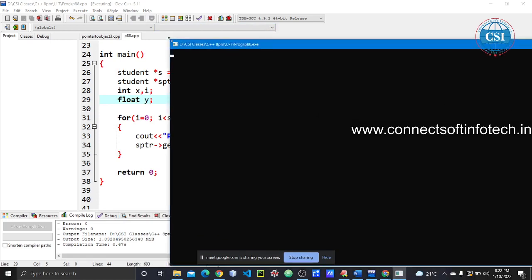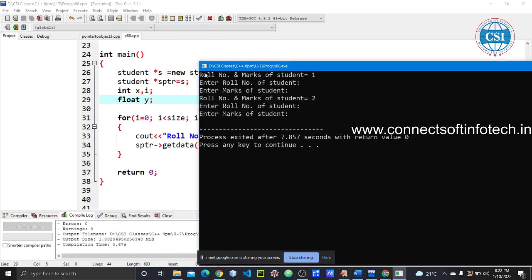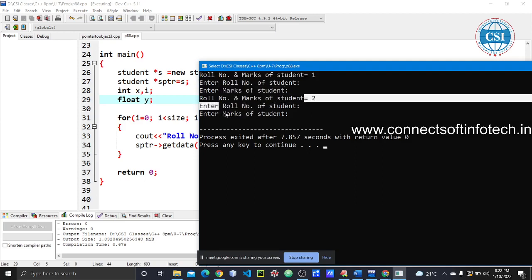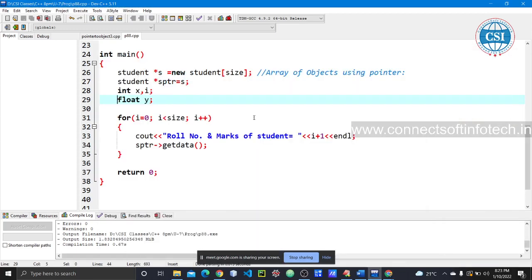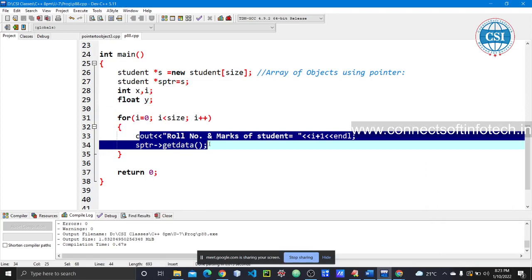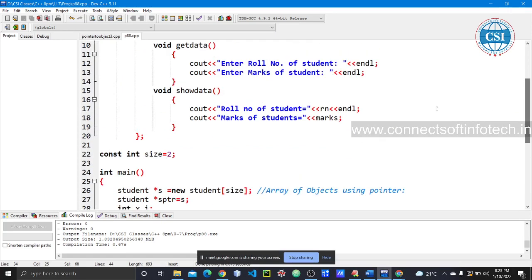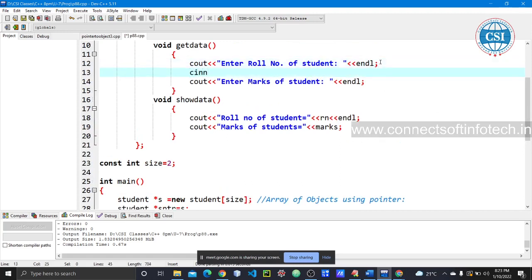Here it is showing enter the roll number of student, enter the marks of student. Now roll number and marks of student 2, enter the roll number of student and enter the marks of student. Why is it showing like this? Because it is executing, but we are not entering the values, right. For that purpose you have to write here the cin.